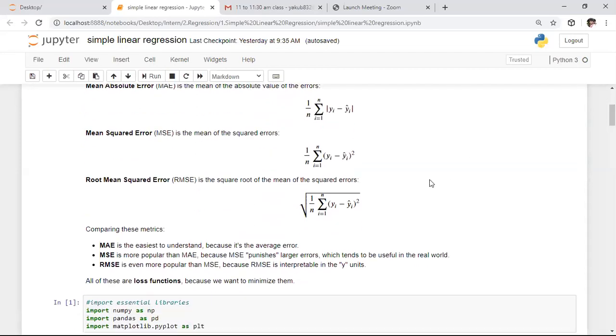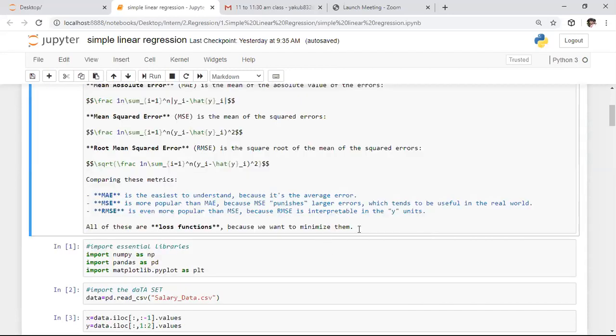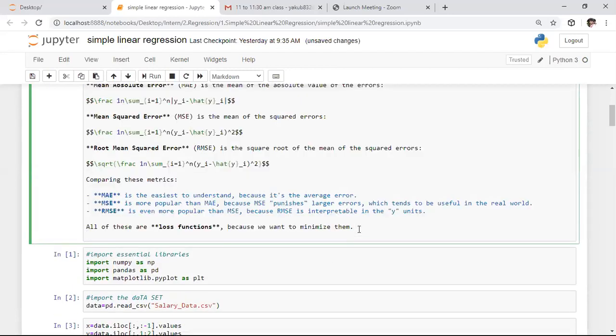Like this, we have one more metric, that is called R2 score. To check the model performance, in most cases we use this metric. The formula for R2 score is sum of squares of total by sum of squares of residuals. If you are interested in this formula, I will explain it later, but it is not required for you.